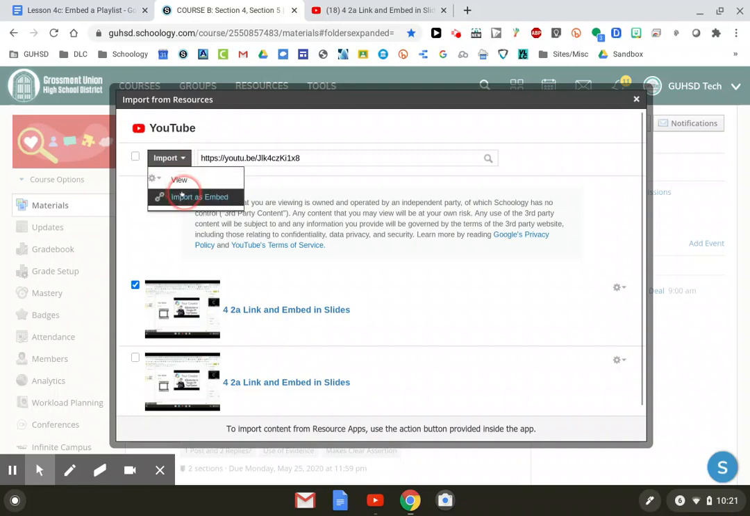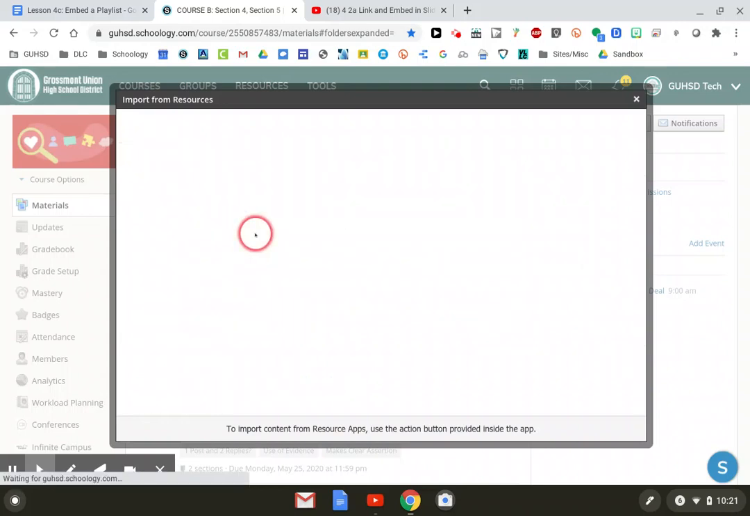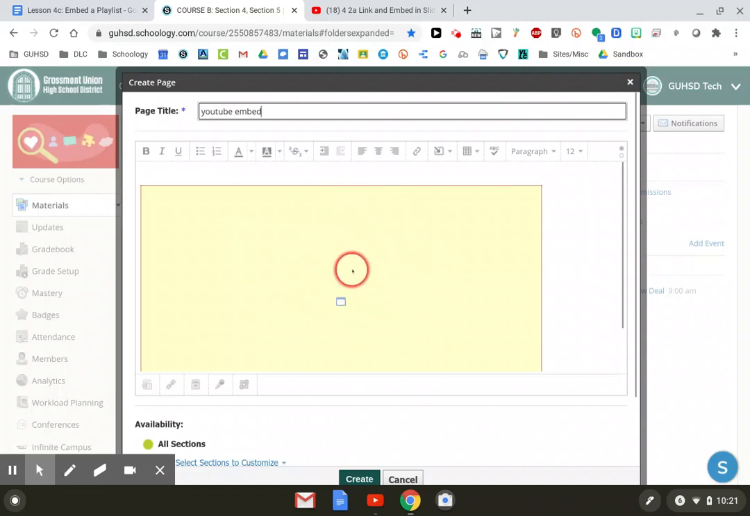What I'm going to do now is I'm going to import as an embed. What this will do is it'll actually put the video within Schoology, and now a student does not have to go to YouTube. What you'll see now will be a yellow box in edit mode, and that's okay. When I hit create